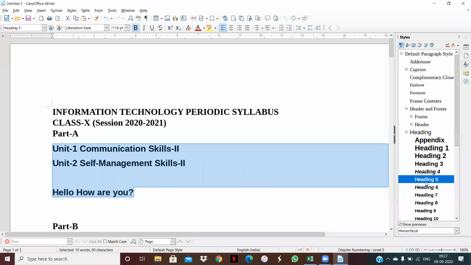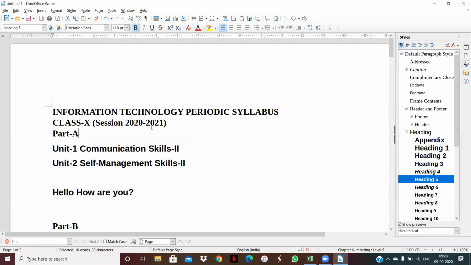Now, my dear students, you are in LibreOffice. There are 6 styles categories. 6 styles categories means this is your paragraph style, this is your character style, frame style, then your page style, list style, and then your table style. And right now I select one paragraph. That's why you can see paragraph style is automatically selected here.